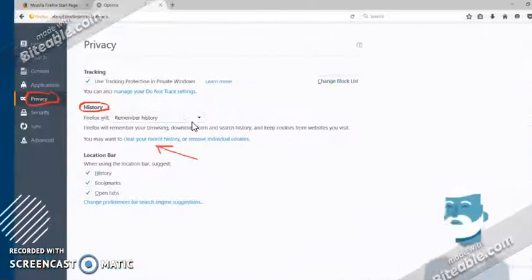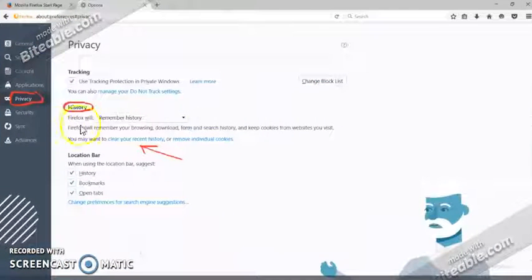Under History section, click the drop-down menu to the Firefox. Select the Use Custom Settings. For history, from the drop-down list, the following window will be displayed. Notice the preferences. Firefox is configured to remember browsing and downloading history, search and form history and cookies. See, you can see here the history, bookmarks, open tabs, the location where you have visited, and the history.